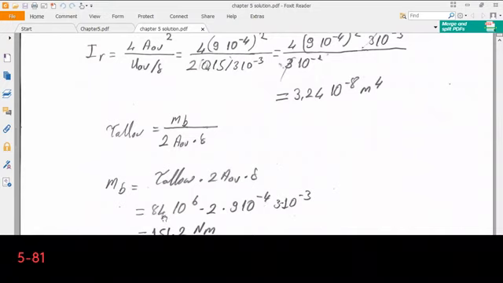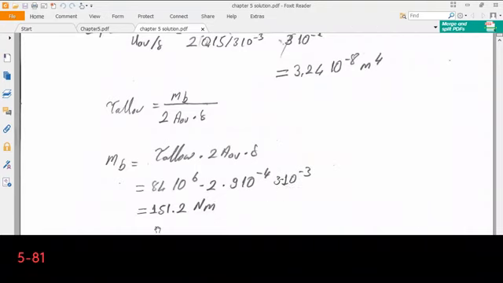If I put the values, the allowable shear stress is 84 10 to the power 6 pascals multiplied by 2. Area is 9 10 to the power minus 4. The thickness is 3 10 to the power minus 3, and from here I can find the maximum torque as 151.2 Newton